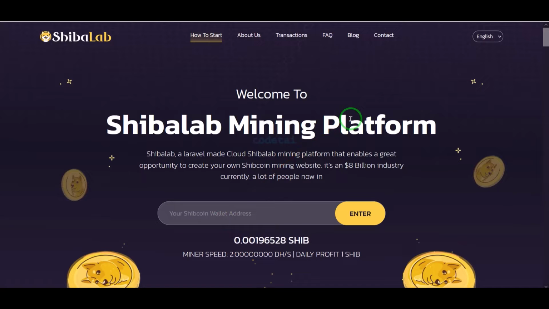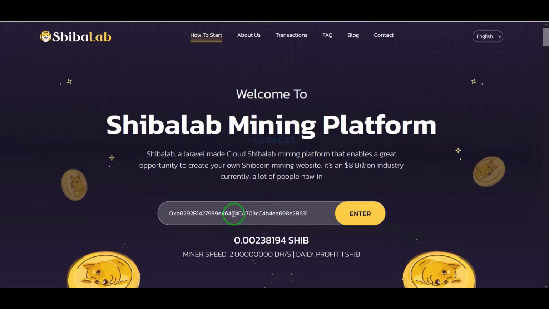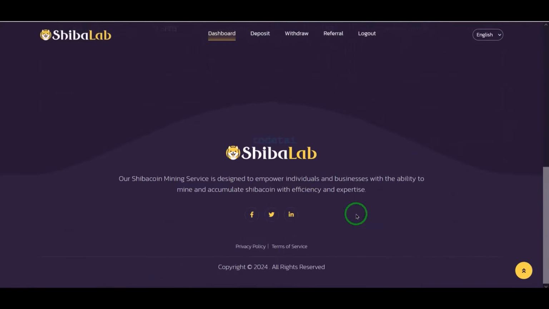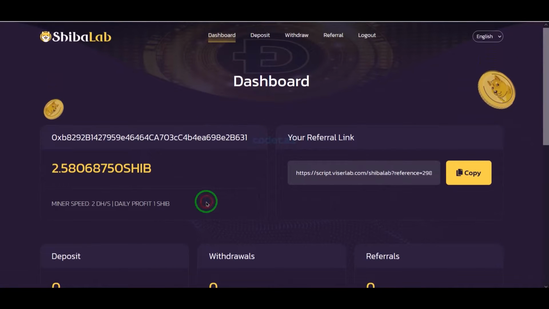In this Shiba Inu Coin Cloud Mining website, users must first submit their Shiba Inu coin address here and log in to the account. Wow, dear visitor, you can see we successfully joined Shiba Inu coin mining. Here we can see the dashboard of a normal user's account, and we can see our Shiba Inu coin automatic mining.